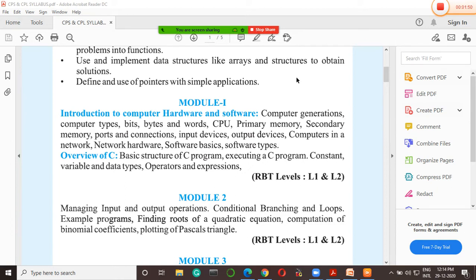And also we will be discussing the most important requirement of a computer, which is nothing but hardware and software. Without hardware components and without software components, it's impossible for us to consider that product as a system or a computer. So we will be discussing all these concepts in the first chapter of module 1, whereas the second chapter of module 1 is overview of C, where we will be discussing the basics of C language.